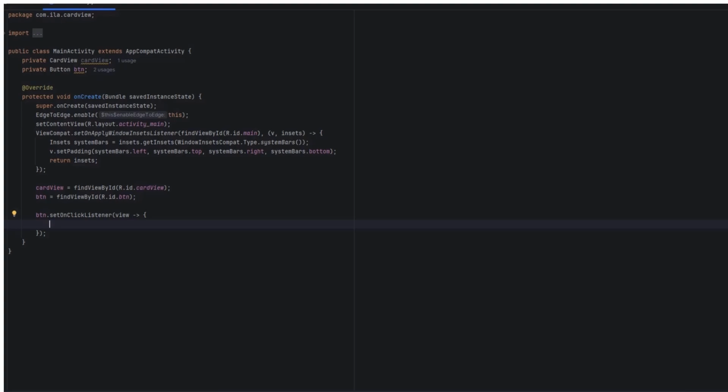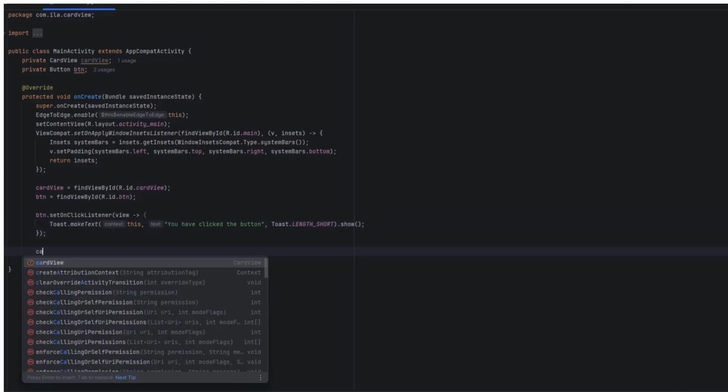I'm going to go with this for now. I'm going to simply show a toast message to the user, which is going to say you have clicked the button. So on click of the button, it should show a toast message, and on click of the card view,